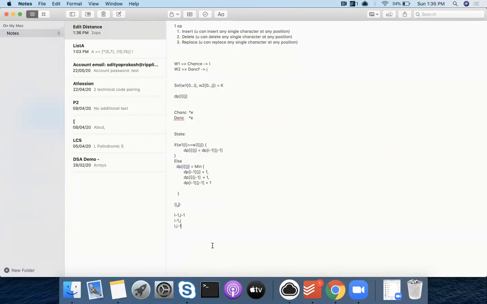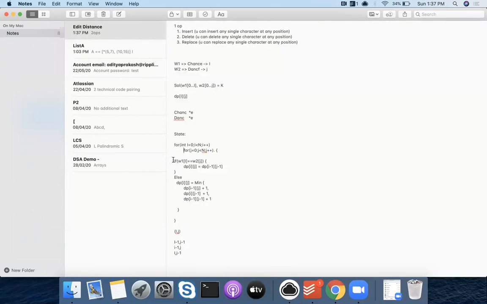Turns out if I move, let's say, bottom up, 0,0, 0,1, 0,2, 0,3, then 1,0, 1,1. So if I do a bottom up traversal, there are many ways in which you can iterate. One of the ways will be like this. That's it. You will be able to solve this.